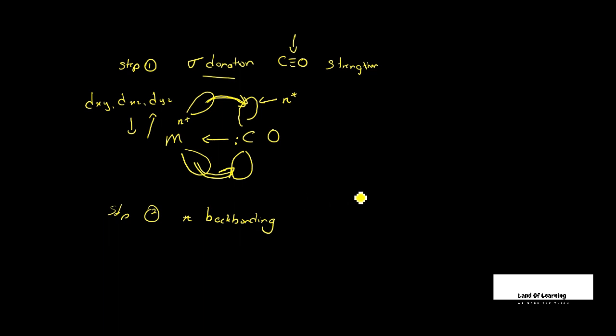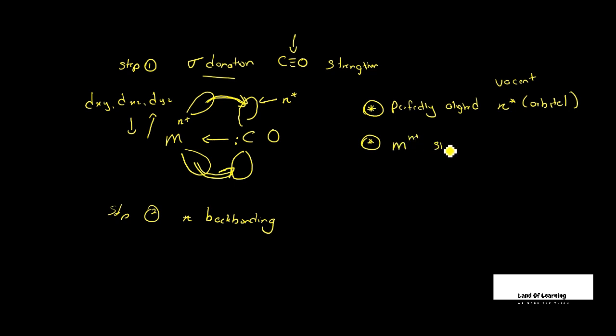Always remember, there are some factors affecting this back bonding. First thing is there should be a perfectly aligned five-star antibonding, or let's say, perfectly aligned vacant orbital. The orbital should not be populated. The vacant orbital should be present. And again, our metal center should have